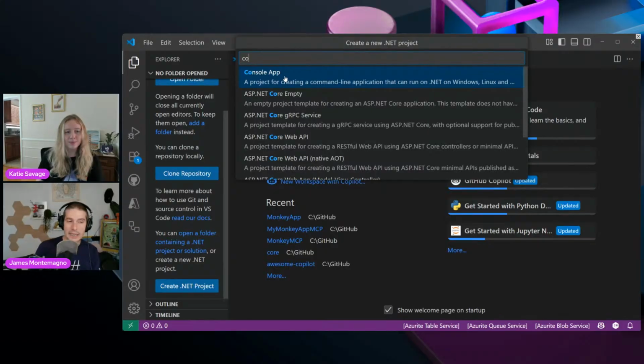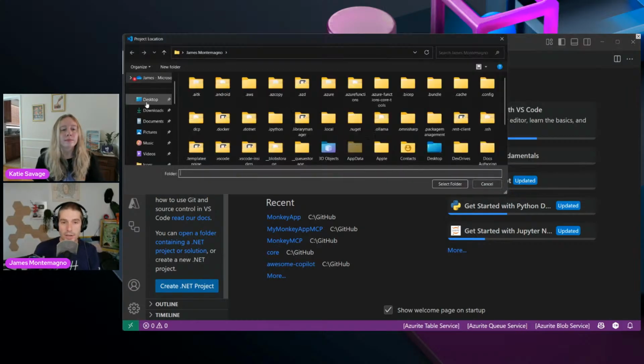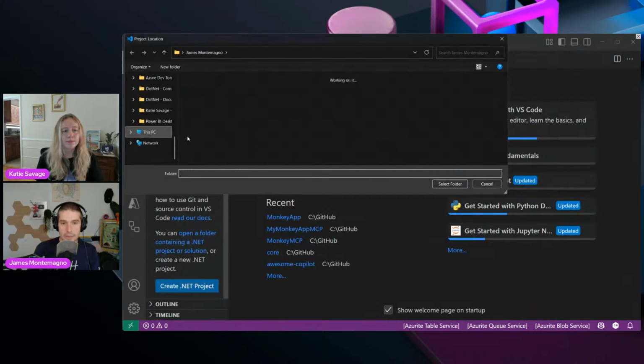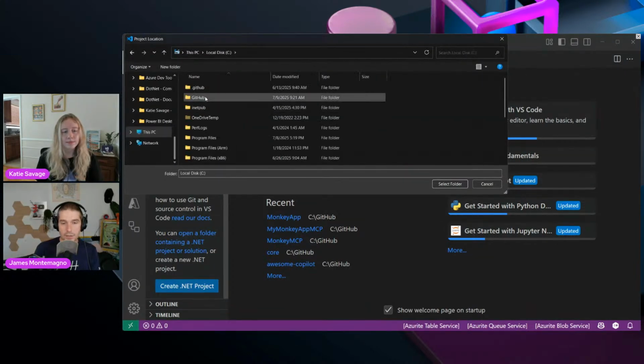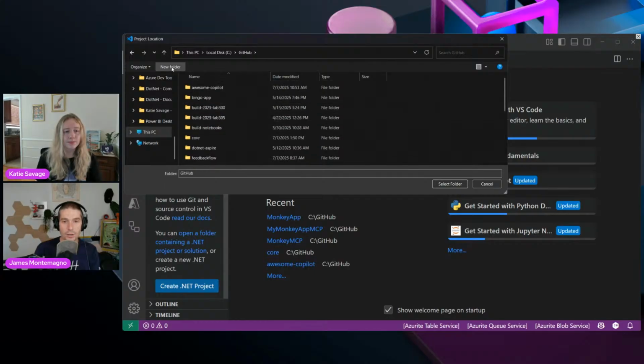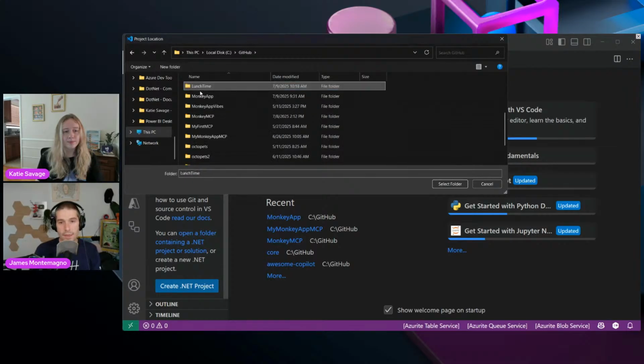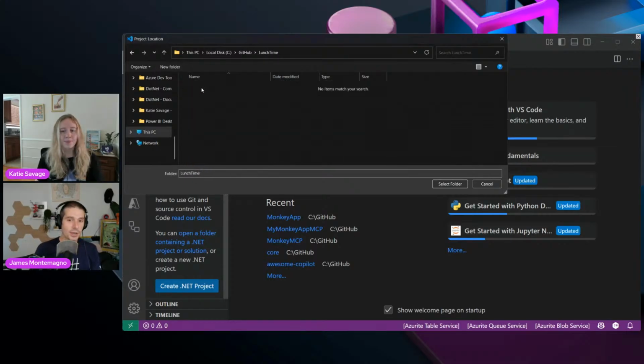So we're going to create a new console app. I think we have some exciting stuff happening in the next few weeks where there'll be templates for this stuff, but we're just going to do a new console app. Now I'm going to create a new folder over here, and I'm going to call it Lunchtime. And then Lunchtime today is just going to be an MCP server.